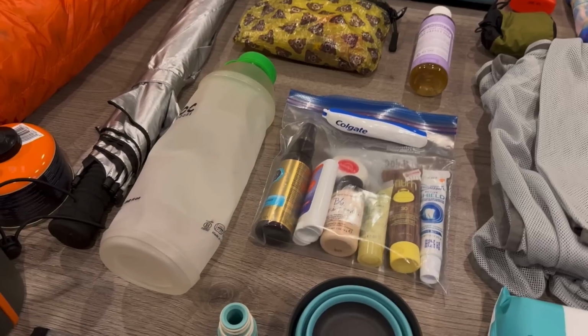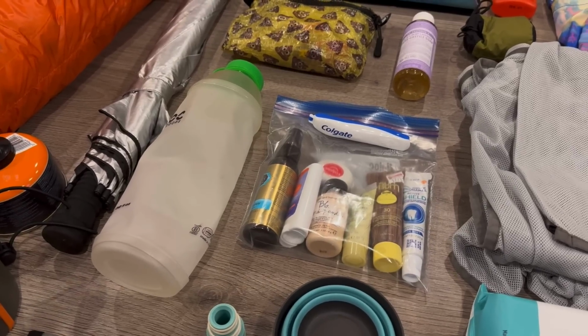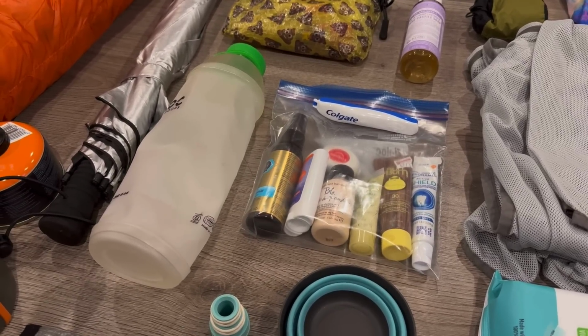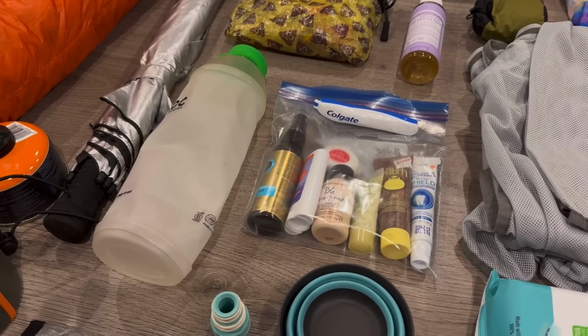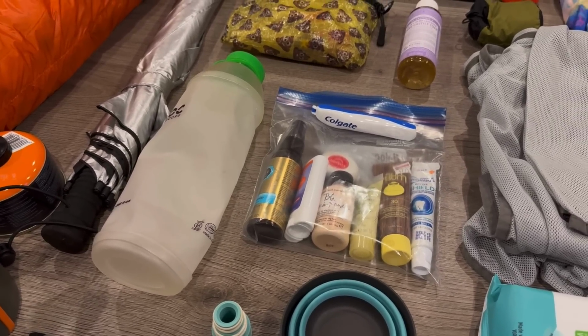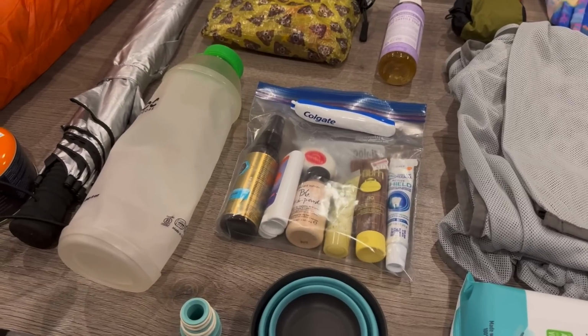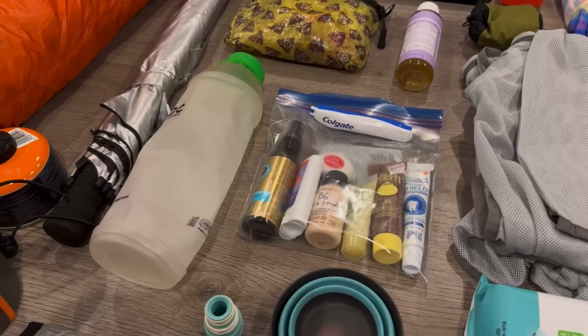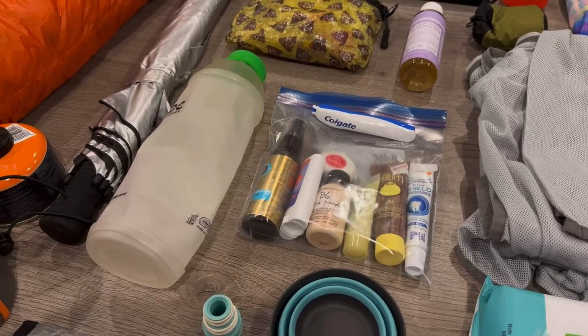Next to that, I think it's Lumi body deodorant. Planning on using that as my real armpit deodorant, for chafing in between my thighs, and also for my under boob sweat, just to help soak up the sweat there. I got a small thing of floss. This here is a small bottle of powder